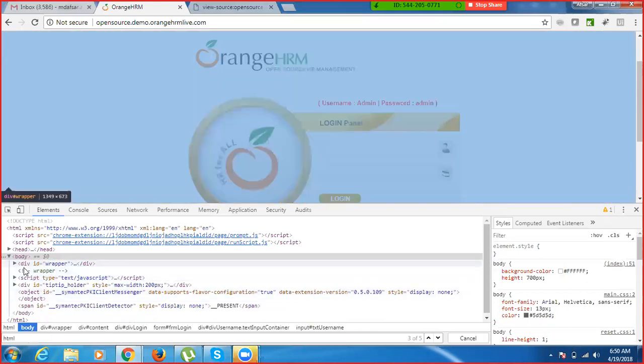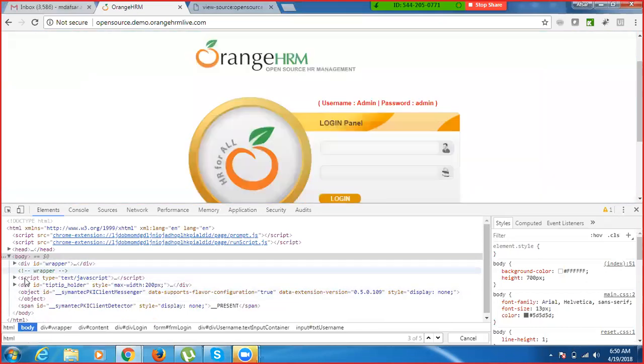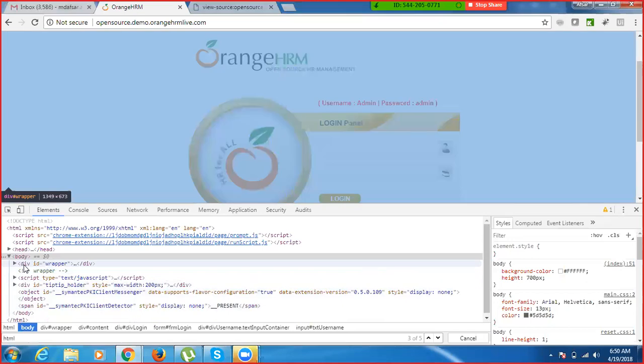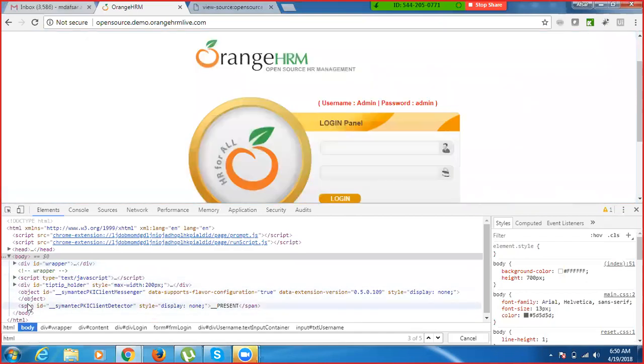There is a div, there is a script, there is another div. But the other div is not highlighting anything. This script is not highlighting. The first one is highlighting. That means we need to go to this div, not these divs. Then, correct. After that, body,